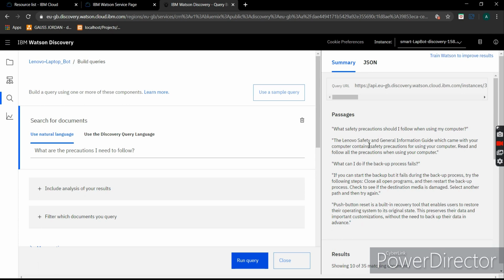As you can see, there are many relevant passages shown on the right side, like you can consult the guide and many more passages. In a similar manner, we can search for other queries also. As you see, we got our desired output from the manual. This completes our first step.